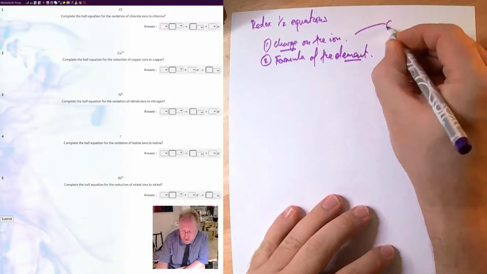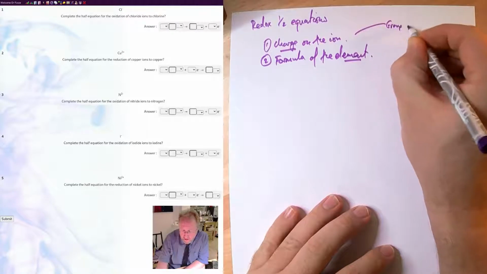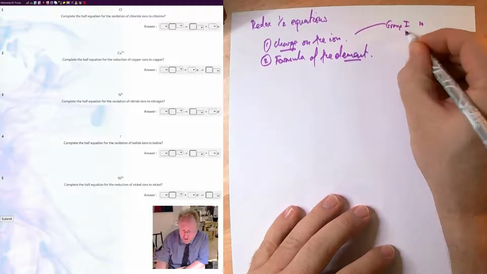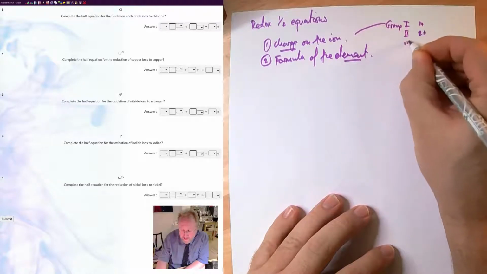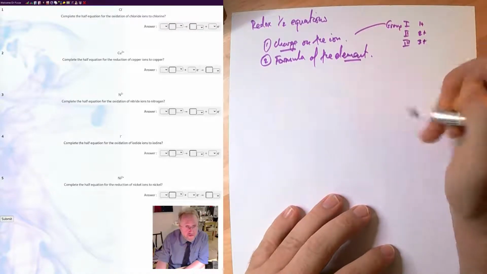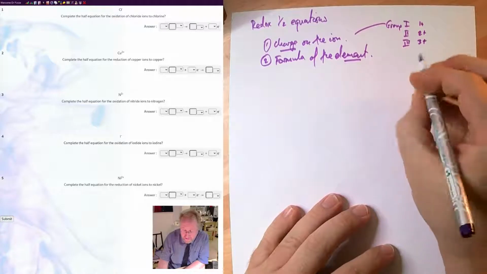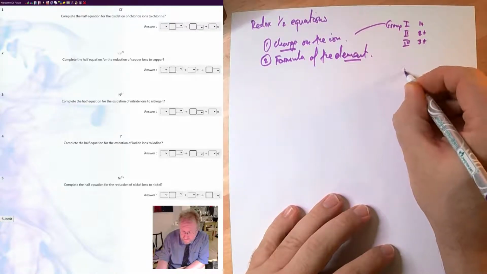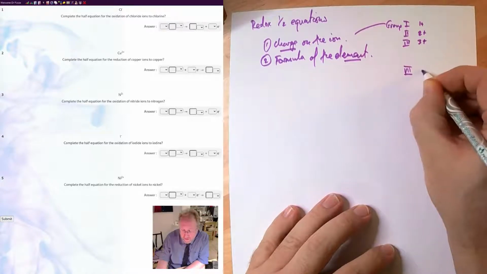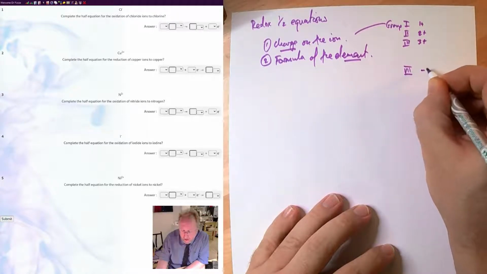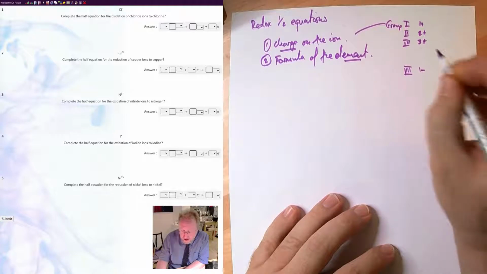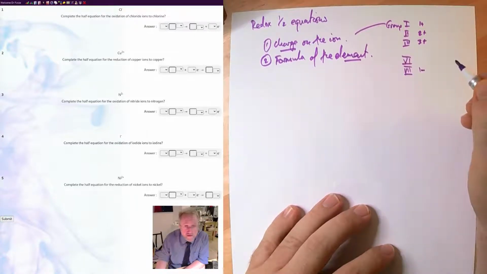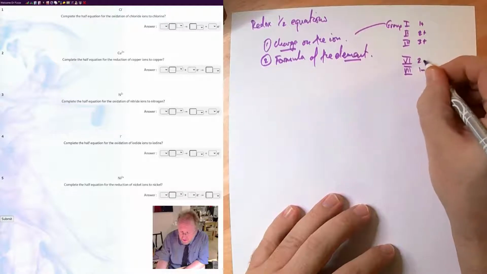If it is group 1, then it'll be 1 plus. If it is group 2, 2 plus. Group 3, 3 plus. If it is group 7 or group 17, it will be 1 minus. If it is group 6, or group 16 if you prefer, it will be 2 minus, or even